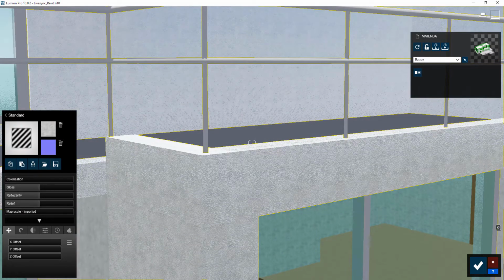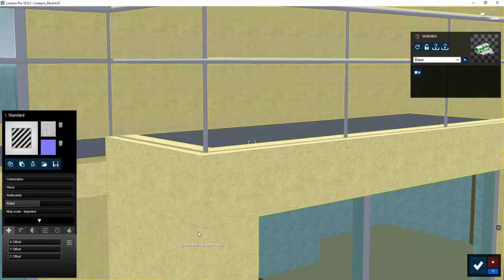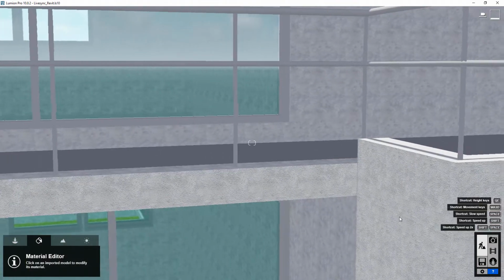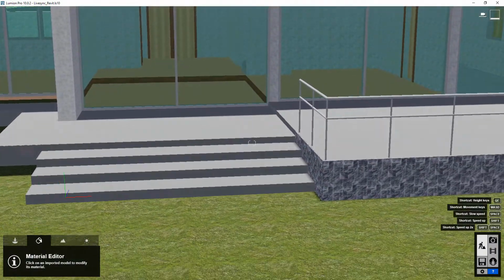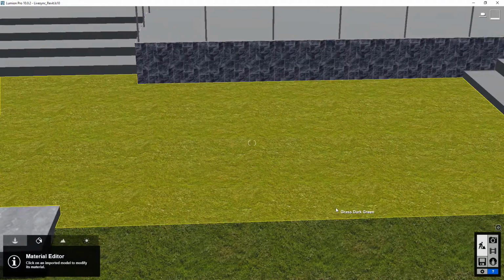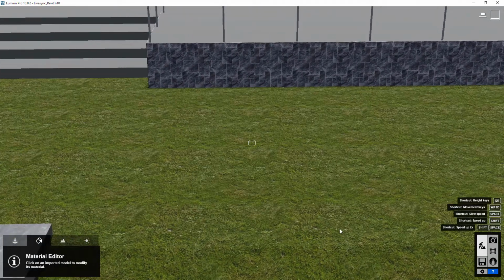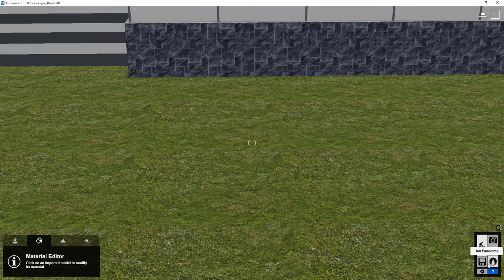Okay, so now there is more detail on the surface of the materials, and then after that I will reduce the glossiness of the wall and the reflectivity, and then after that I will save the changes. Okay, so now I'm done with editing the materials for the wall. So next thing I'll be showing you is how to actually edit the grass material. So you can see this grass material actually comes from the Revit software,